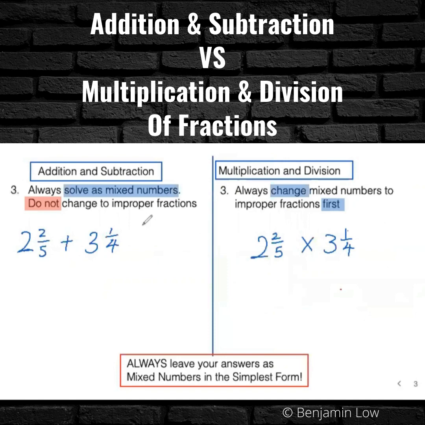And now we go to the third one. Always solve as mixed numbers for addition and subtraction, and always change mixed numbers to improper fractions first before solving for multiplication and division. Why do we solve them as mixed numbers and not improper fractions? Because by changing them to improper fractions,